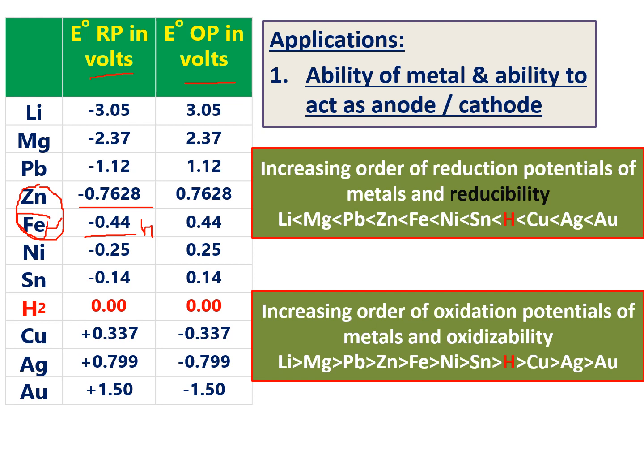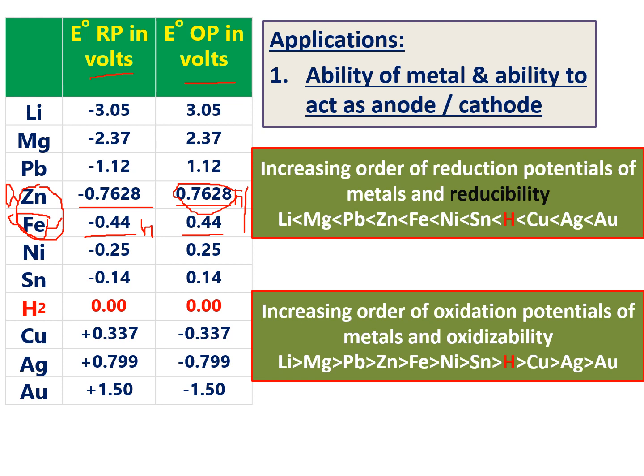Or you can also decide by considering the oxidation potential. If you see here, zinc oxidation potential value is equal to 0.7628, iron oxidation potential is equal to 0.44. Which one is higher? Zinc oxidation potential value is higher. That's why zinc is involved in oxidation, meaning it acts as an anode. So zinc acts as an anode and iron acts as a cathode. Like that, if you take any combination, you can easily tell which metal is able to oxidize, which metal is able to reduce, which acts as anode, and which acts as cathode.